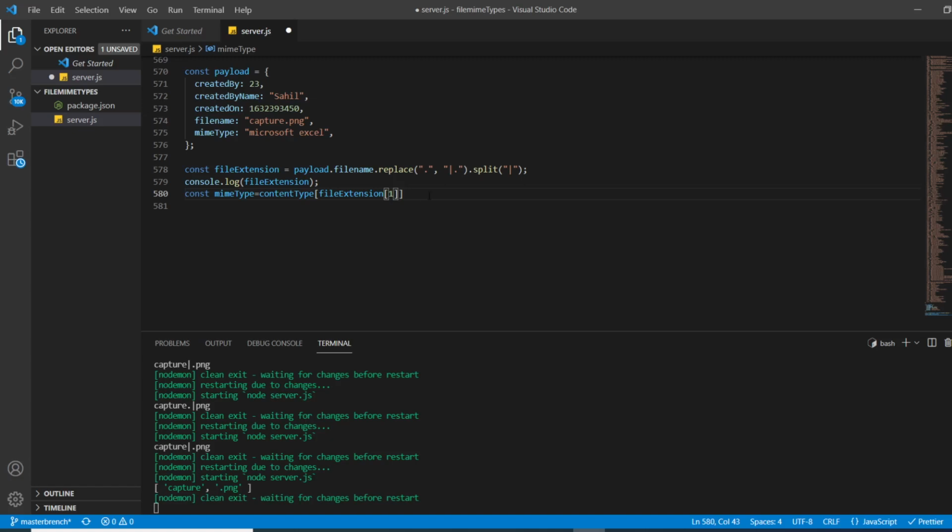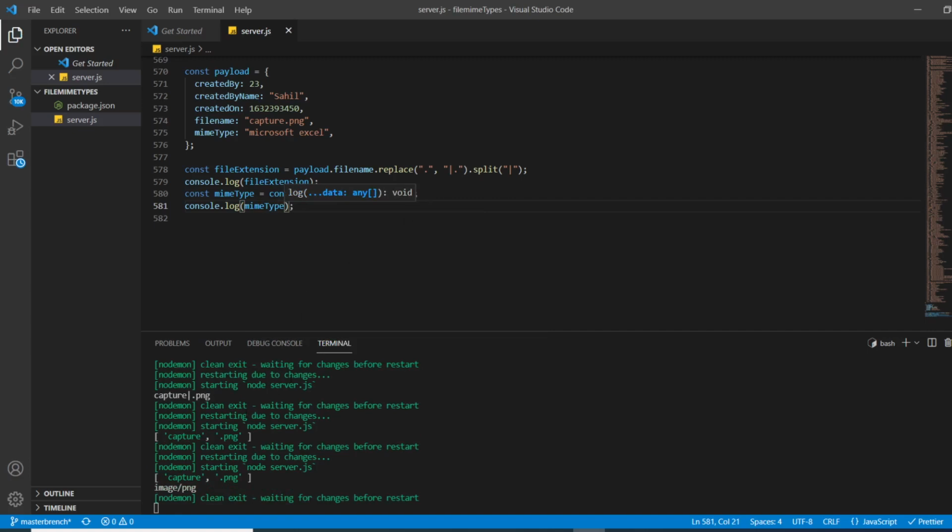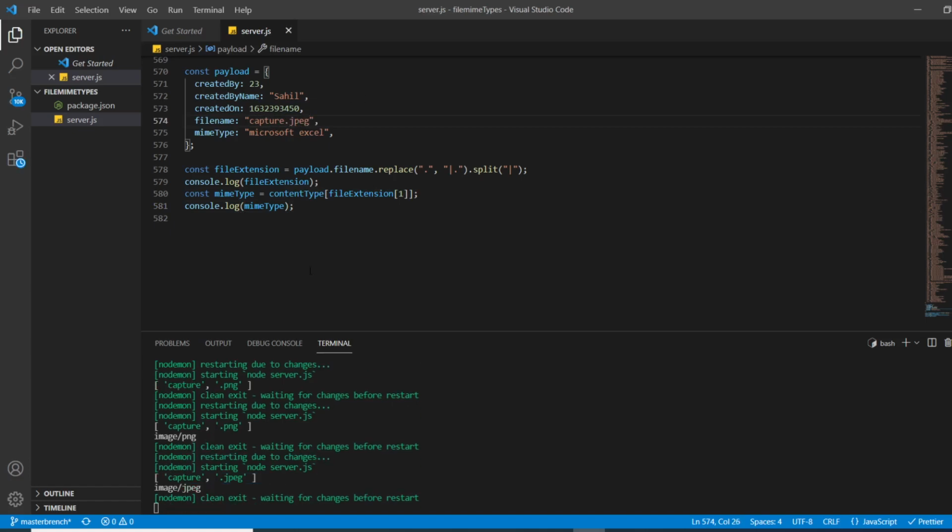Okay, so now if I print console.log mimeType, I'll be able to get the mime type of it. Yes, as you can see, the file extension .png, and on the basis of .png we are getting the mime type image/png. And if I change the file name here, suppose I make it jpeg, it will give us image/jpeg.